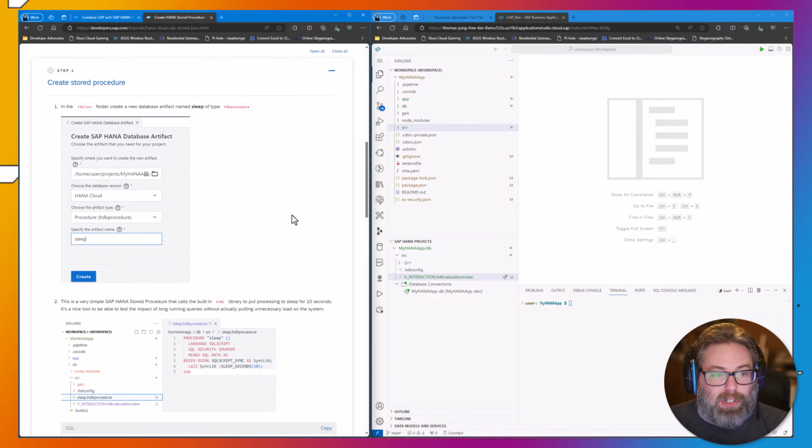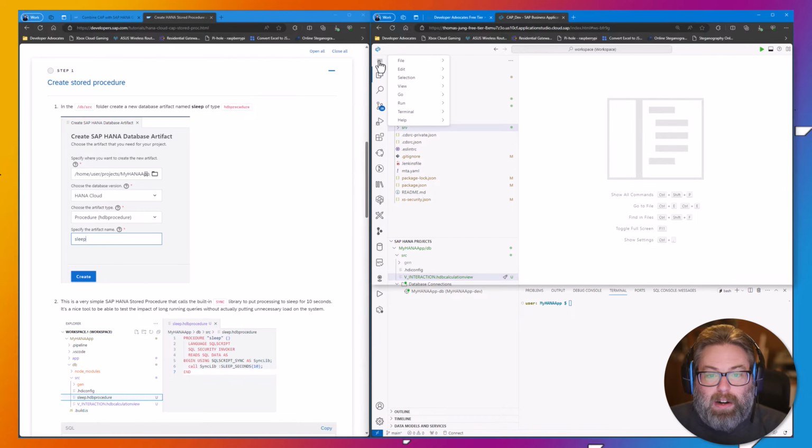Now, we're going to start by creating a stored procedure, and if you did the previous tutorial where we created a calculation view, this part's going to be fairly similar, although a stored procedure is different than a calculation view in that it is not so graphical. It uses coding, programming, and in particular, the programming language SQL script, which is SQL-like, but includes important differences and enhancements. For instance, the ability to have both declarative and imperative logic in it.